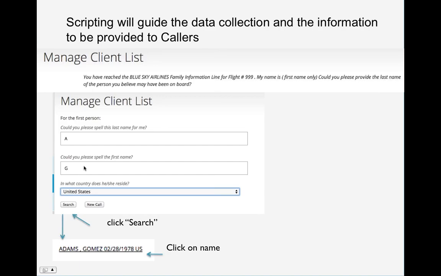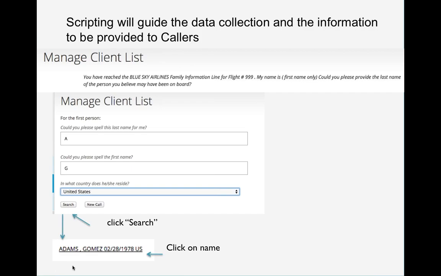If there's any spelling variance and you put the whole name in, it's going to give you a false negative. So we suggest that by doing this and clicking the search button, the system is going to display for you everybody whose last name starts with an A and first name starts with a G. So the criteria of what you put in is going to be displayed. And of course, this is the person that the caller was concerned about, Gomez Adams.